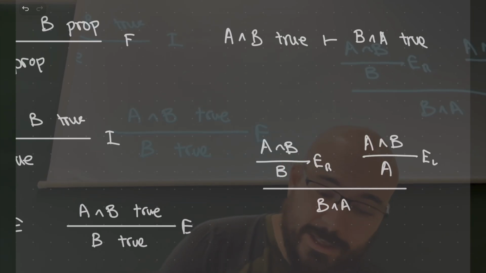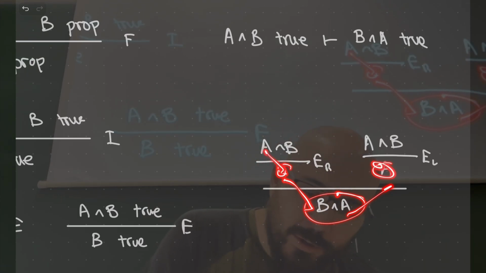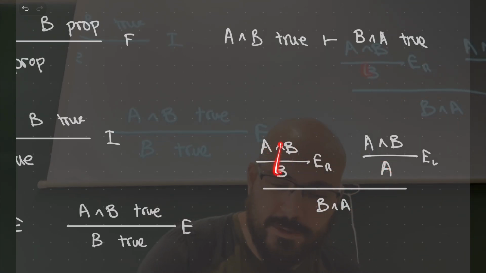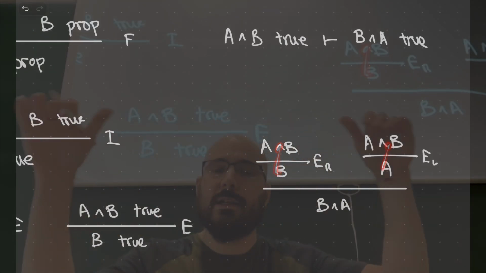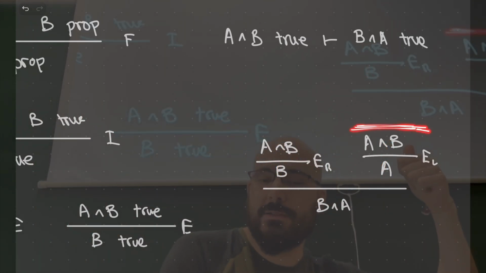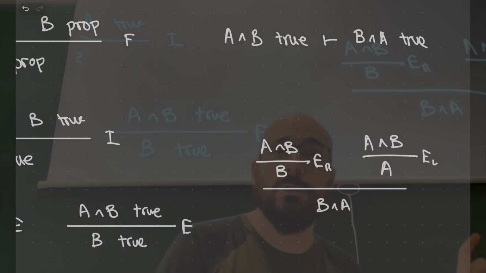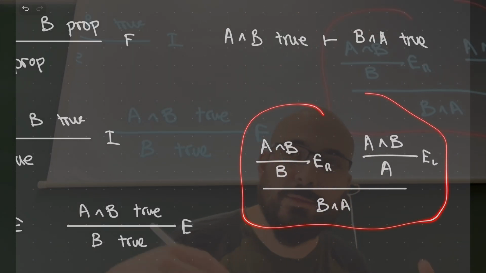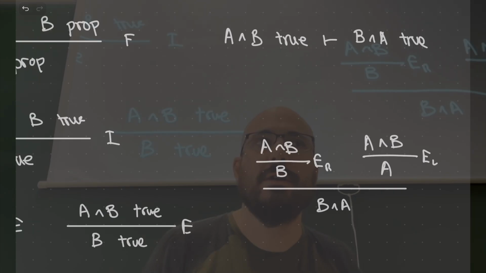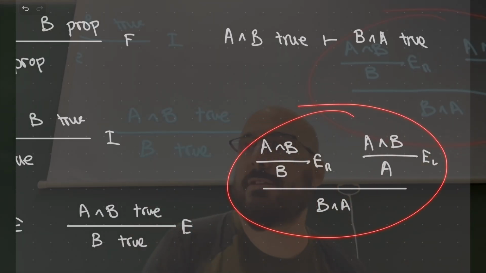And I can read it bottom up. The objective is to prove this. I'm reducing this to these new objectives, and I keep going, reducing each one, one objective more, until I'm done. Done either means I've closed this branch, or it's open, but it's on my hypothesis, so I'm okay. So this is a proof of the commutativity of conjunction. It's not like an axiom, conjunction has this property. We have derived this, okay?